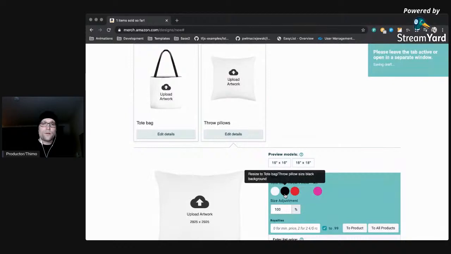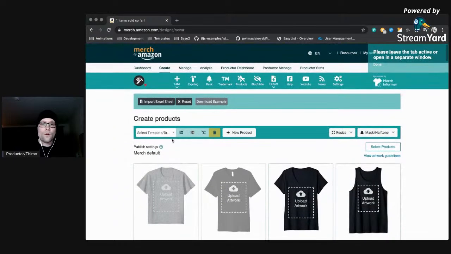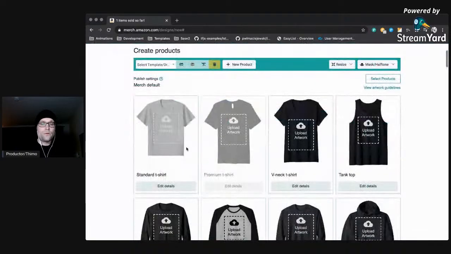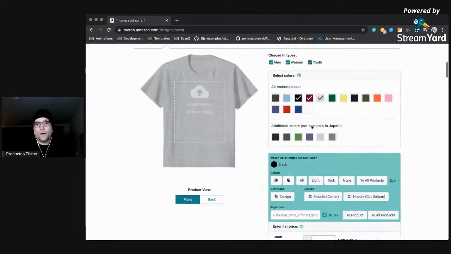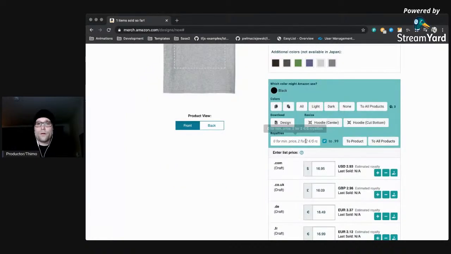It stores the same as before, your whole configuration, as a Productor draft. And this gives you the opportunity to save multiple drafts. For example, I've just stored min price, and I go further down and select